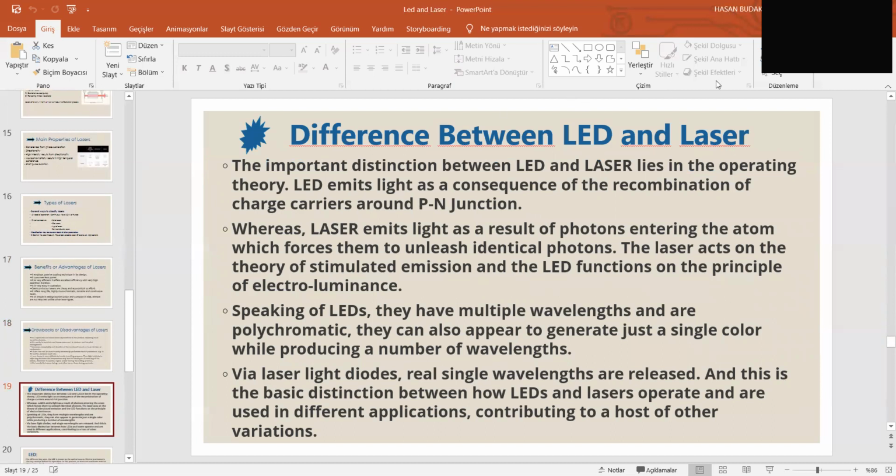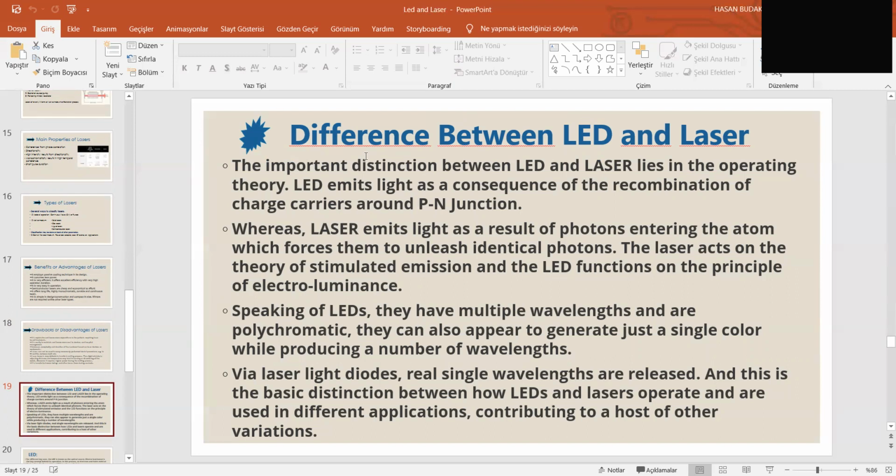Differences between LED and lasers. The important distinction between LED and laser lies in the operating theory. In an LED, the emitted light is a consequence of the recombination of charge carriers around the p-n junction, whereas a laser emits light as a result of photons entering the atom, which forces it to unleash identical photons. The laser acts on the theory of stimulated emission, and the LED functions on the principle of